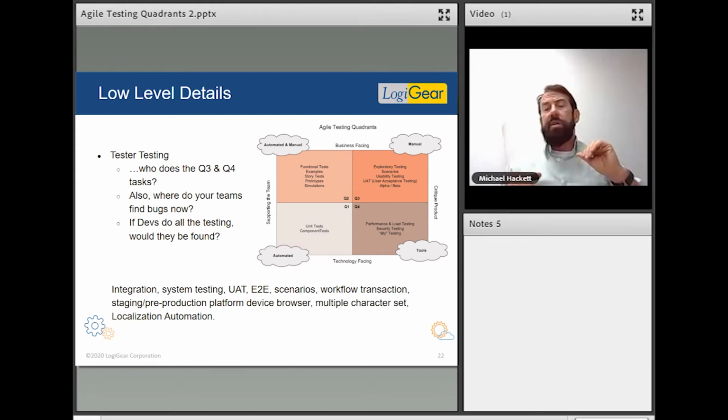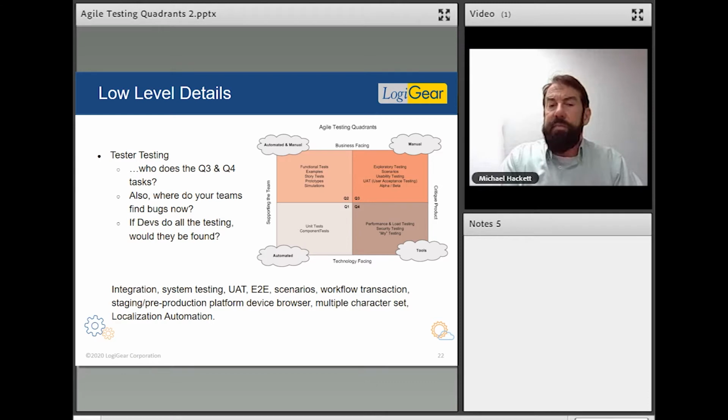Having the time to do all those varieties of tests and the environments, and the product built enough for me to test through a UI, where it's going to be a lot easier and faster to run those tests, might not happen until the whole product is built, which is probably more like quadrant 3, where the individual story level tests happen in quadrant 2, story tests are done, we move on to a more integrated product level. So